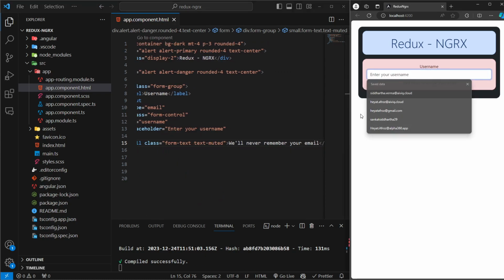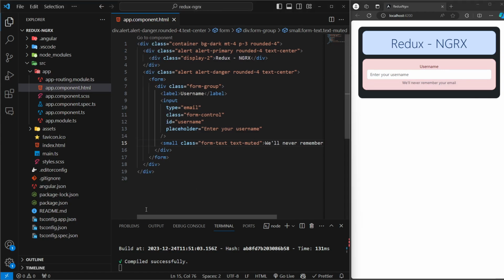And if we save this, you see all of these things are appearing. Good. And with this, I make it text left. And now these are looking good. And with the username in place,